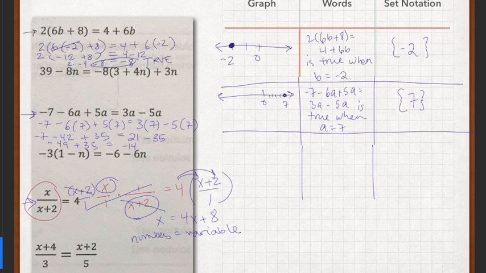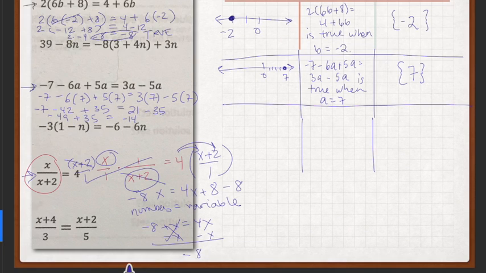So I'm just going to make it easy for myself and move this x to the other side and this 8 to the other side. So I'm going to subtract my 8 from here. That's going to give me negative 8 plus x equals 4x. And then I'm going to move my x to the right, and that's going to give me negative 8 equals 3x. Now I'm going to go ahead and divide the 3x by 3 so that I have a 1 there, and x is going to be equal to negative 8